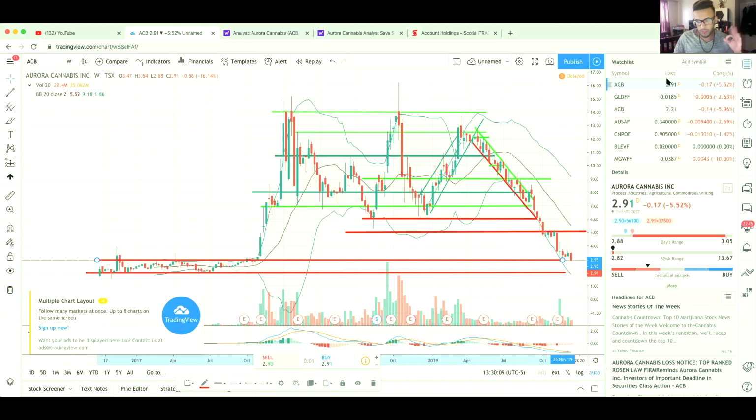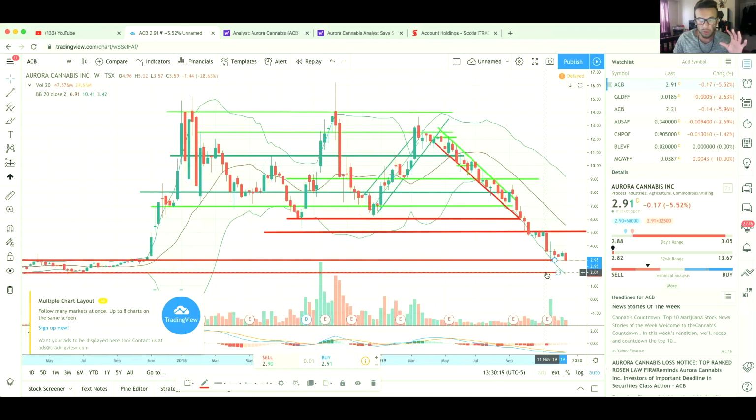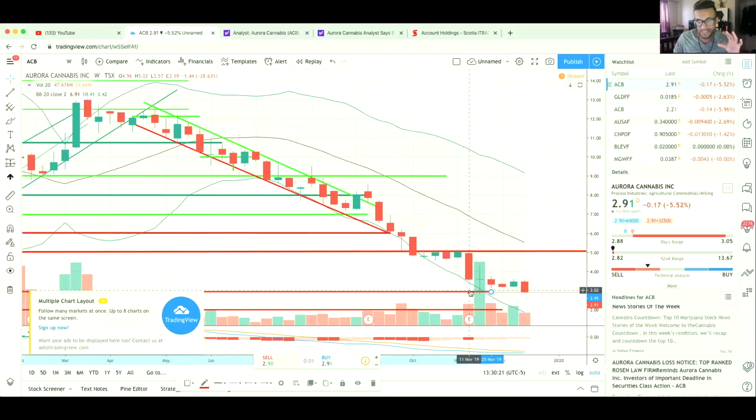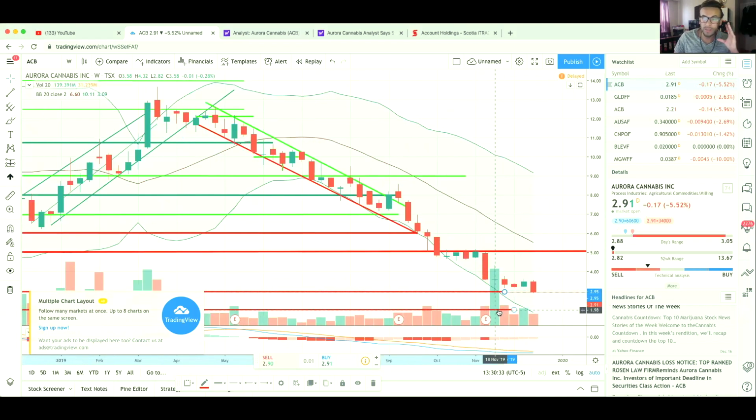So first things first, let's be looking at Aurora charts real quick. Right now, we're going to be looking at the Canadian charts. And as you can see, right now it looks really messy. We have the red and the green lines right here. These are support lines. And we're currently sitting at this support line, which is currently at $3 Canadian. So we're actually a little bit below the support line. So we're going to see whether it bounces off the support line or whether it goes even lower to this other support line that I've drawn at around $2 Canadian.